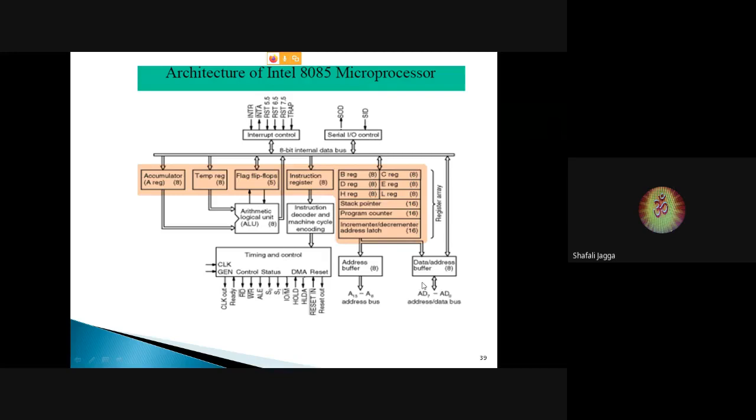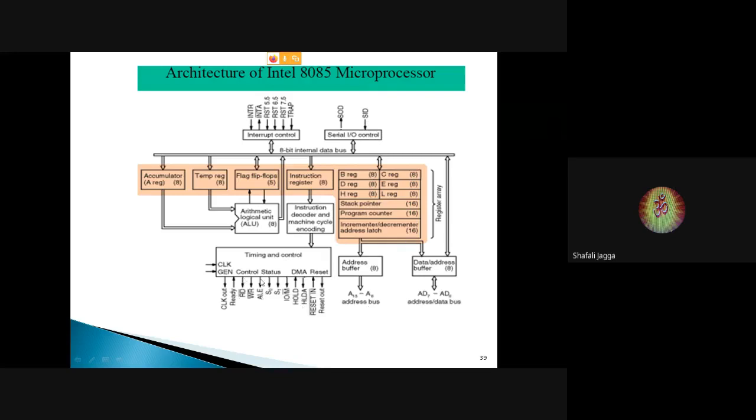For address as well as for data. Now, whenever the microprocessor has to execute any instruction, it has to demultiplex these two, the address and data lines. How will this operation be carried out? This will be carried out by a special signal, the address latch enable signal, which is generated by the timing and control unit. So ALE, which we have already discussed in the demultiplexing of the 8085 microprocessor address and data bus, we have already discussed this point there also.